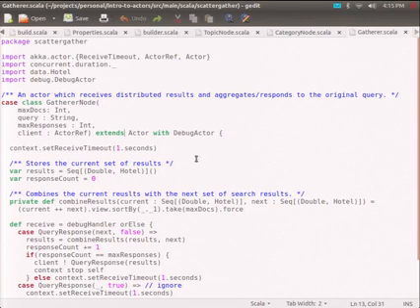The way this receive works, if he gets a query response, he combines them with his current set of results. He ups his response count. If it equals the maximum number of responses, he sends the response back to the person who was listening, okay, the initial querier, since he's gathering from all the topics. And then he basically stops himself from processing ever again, garbage collects himself, if you will. Otherwise, I need to wait for more data.